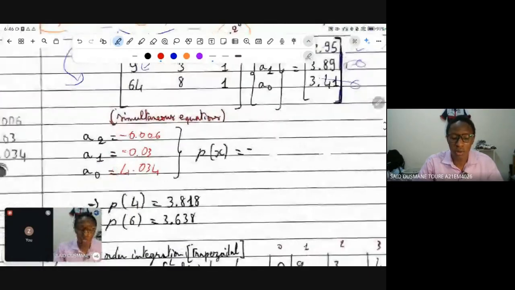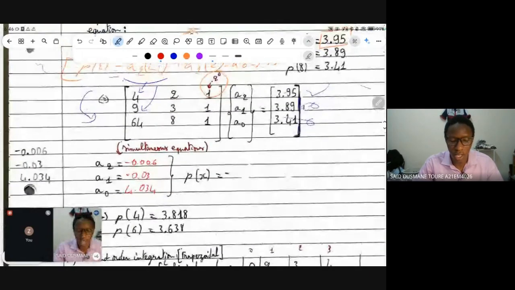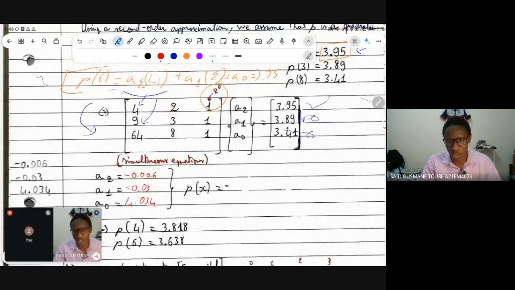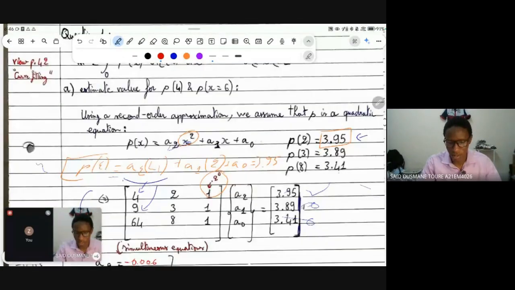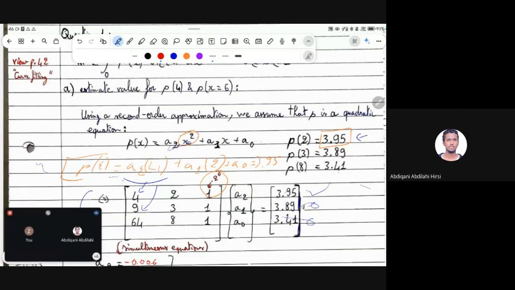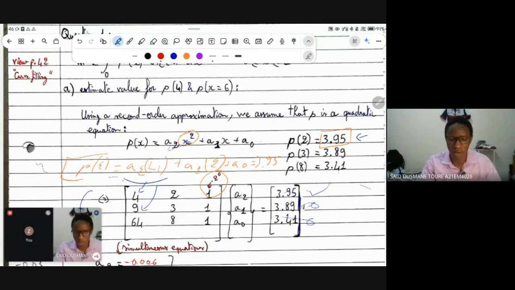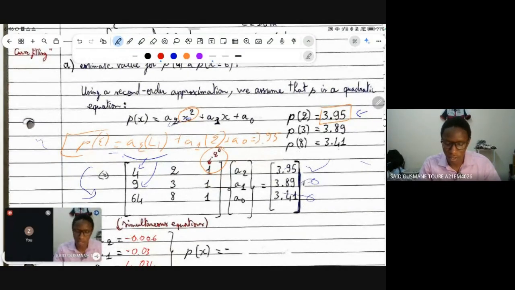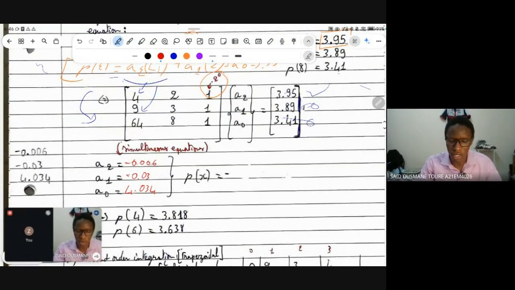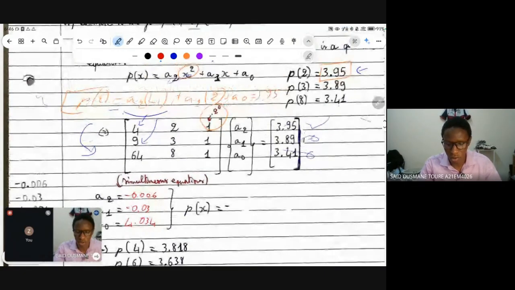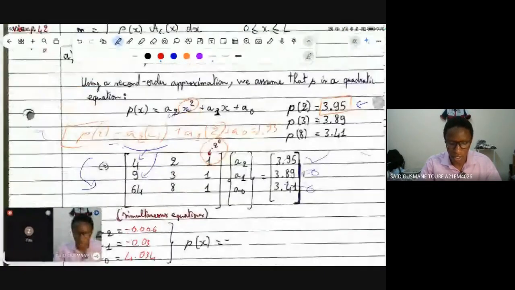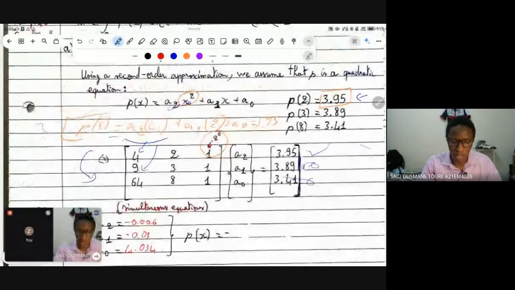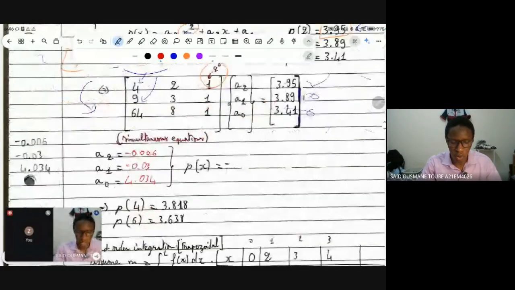So what you do now, now that you have the results A2, A1, and A0, which is pretty simple. So far, how is it? Simple or not? Yeah, a little simple. Okay, supposed to be simple, because it's polynomial, just get the values, get the unknowns, and you're good. You already have row X and row of X. So row of X now will be what? A2. A2 here is what? Minus